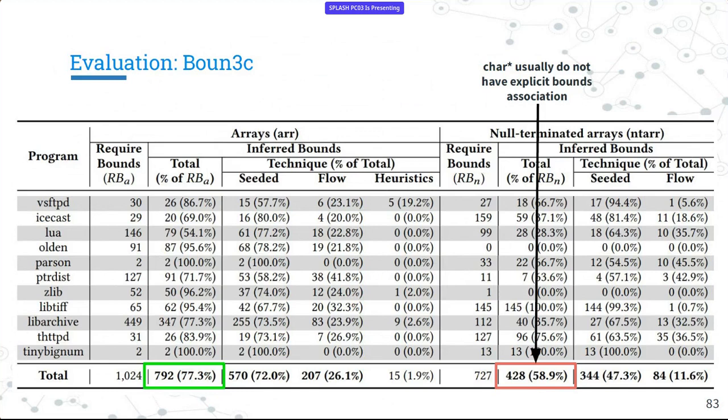Yes, so if I understood correctly, there are still some runtime checks. So if you infer bounds incorrectly, can it have some unwanted crashes that would not happen in the real C code? Yes. Runtime checks, as of now, just halt. Basically, they terminate the program. We can modify it to resort to some kind of error handling. Yeah. Thanks.